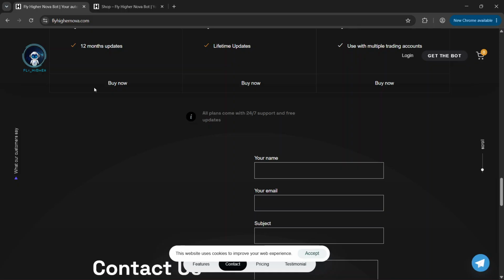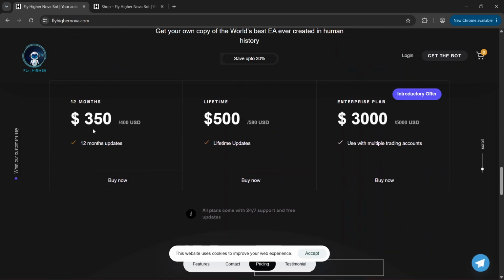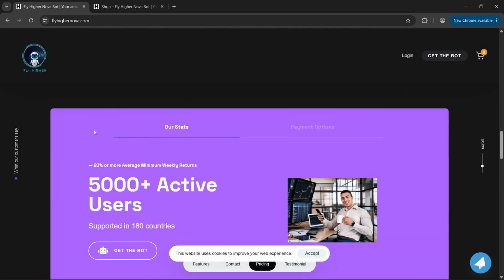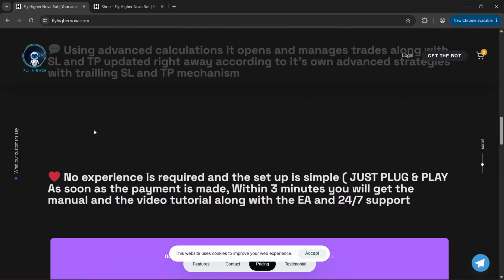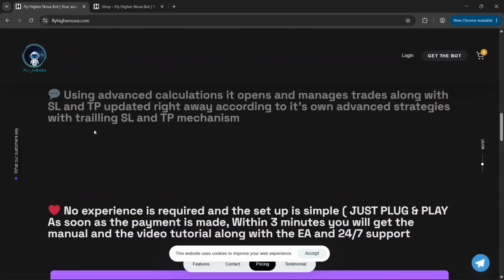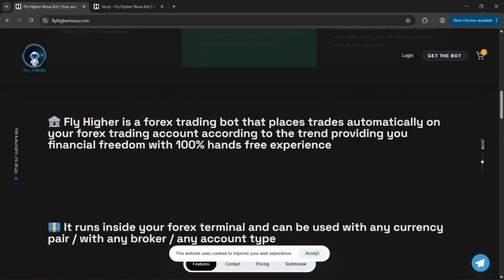Now, here's the part I have to be straight with you. There is no demo backtest provided by the developer, and no public verified live trackers or MyFXBook style results linked from the site. The only performance numbers they put forward are those average minimum weekly return claims and the user count figure. When you look at the description itself,